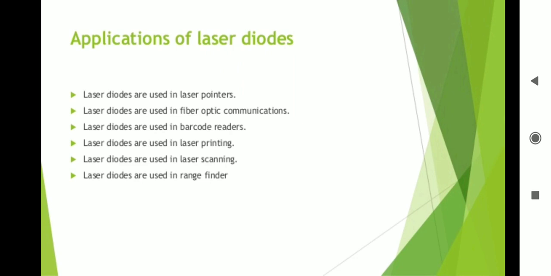These diodes are also used in the communication field and for flow measurement. This diode is mostly used in military applications. This diode measures distance and alignment angle. This diode is also used in infrared spectrometers, and lastly, as you know, this diode is also used in the medical field. So these are some applications of laser diode.